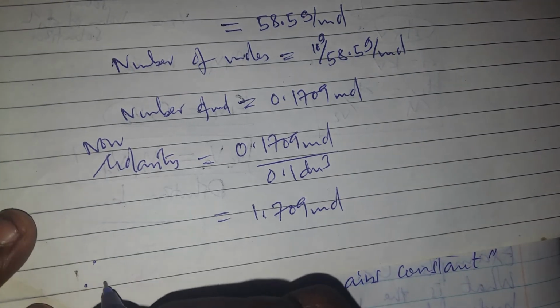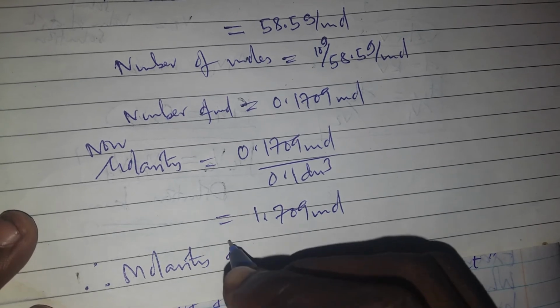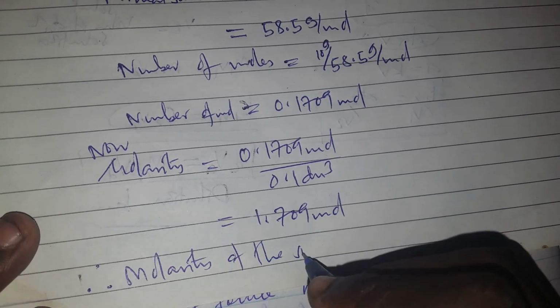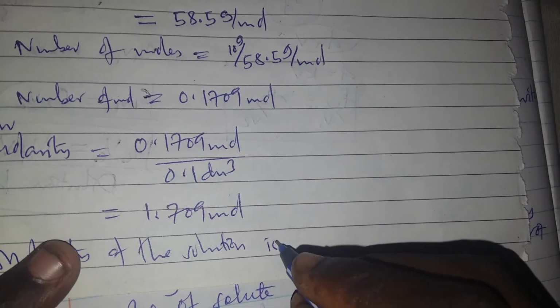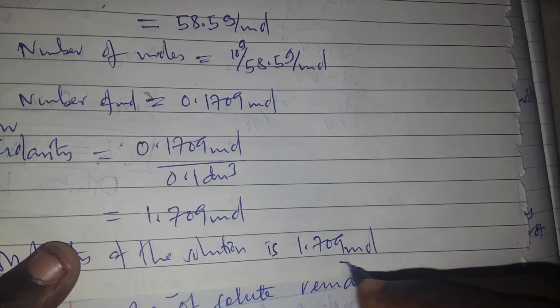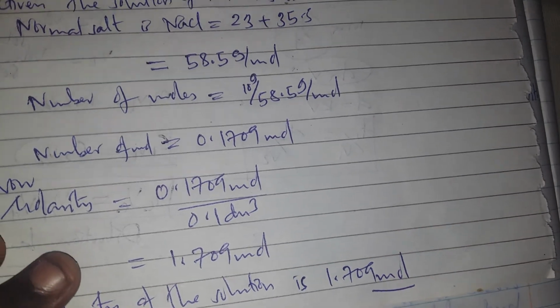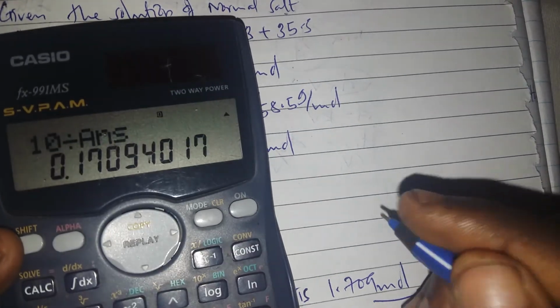So therefore molarity of the solution is 1.709 mol/dm³. Now remember, for this question one thing which is very important ni kwamba hii namba atakayepata, kuna mwingine ataandika